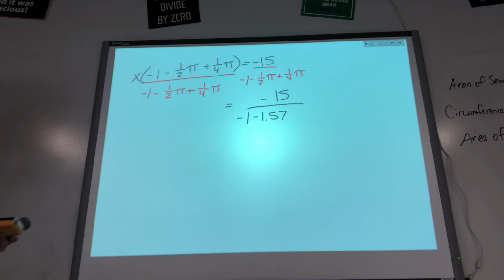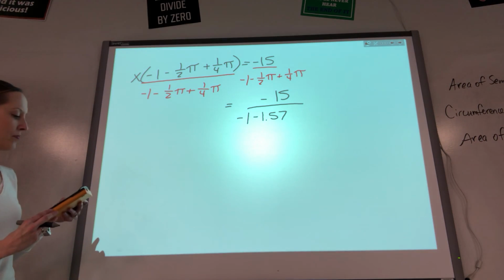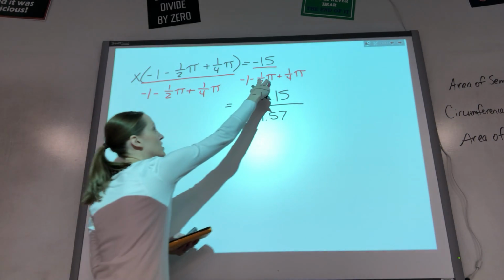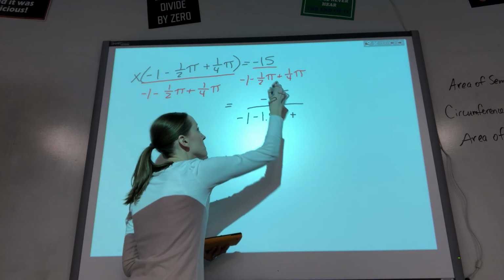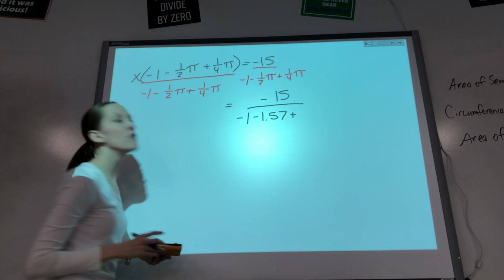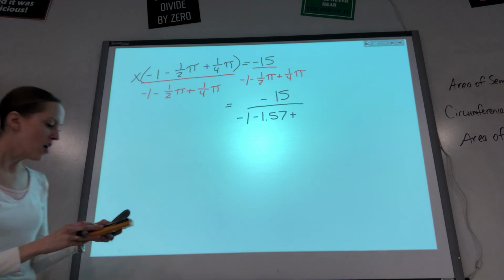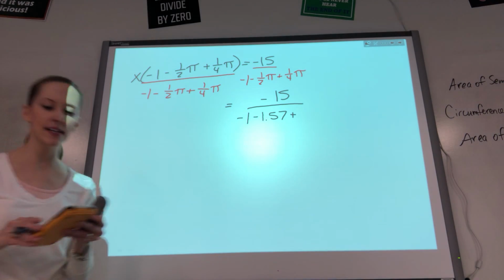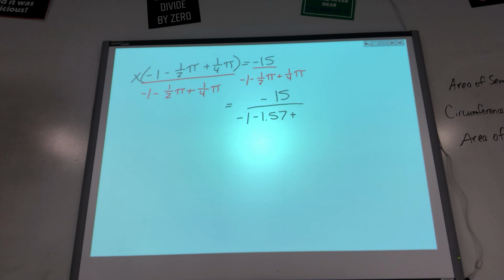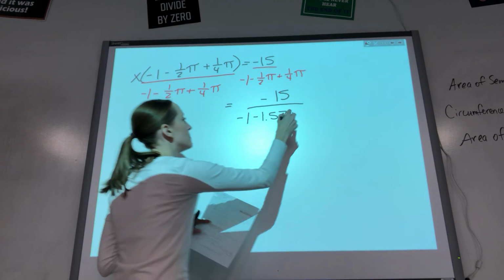You can go ahead and do that if you want. That's about what this term is. Then I need to add 1/4 pi. So I'm just typing in 1/4 times pi, or really you could just do pi divided by 4. And that is approximately